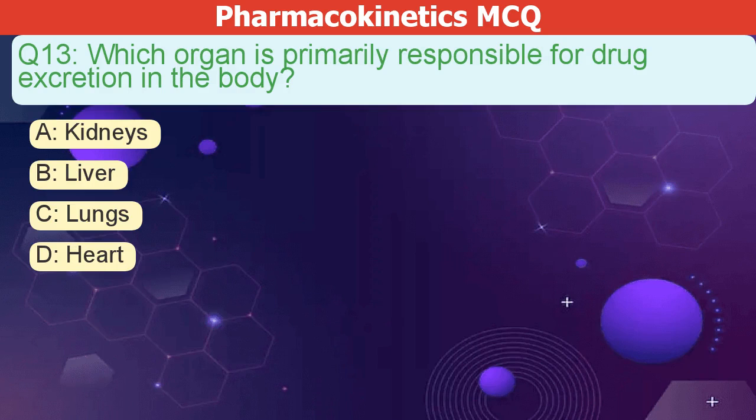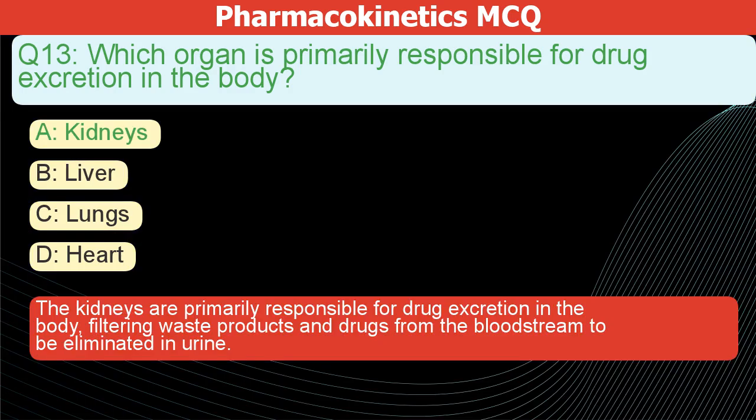Which organ is primarily responsible for drug excretion in the body? A. Kidneys. B. Liver. C. Lungs. D. Heart. The correct answer is A. The kidneys are primarily responsible for drug excretion in the body, filtering waste products and drugs from the bloodstream to